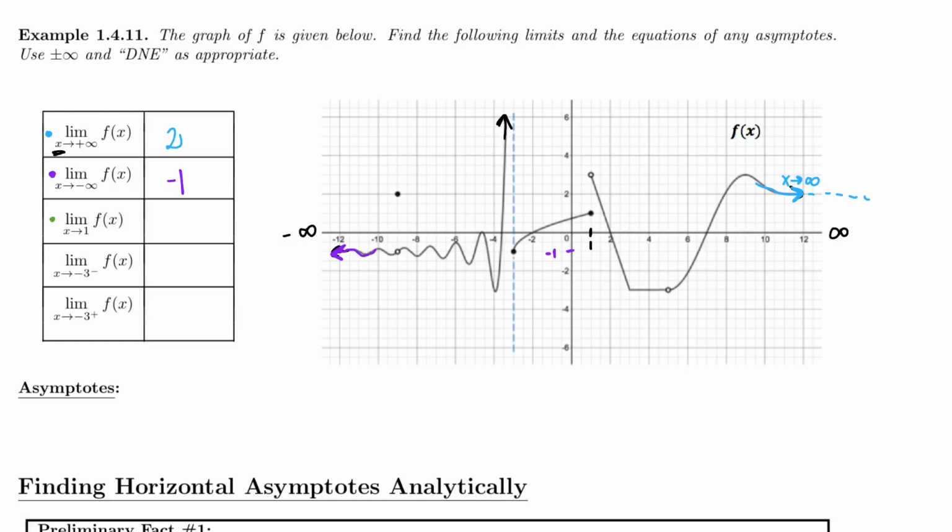So here's what's happening. If we look at the left side, so if we do the limit as x approaches 1 from the negative side, so if we do this guy here, of f of x, this is approaching 1. But if we look the other direction as we come from the right side,